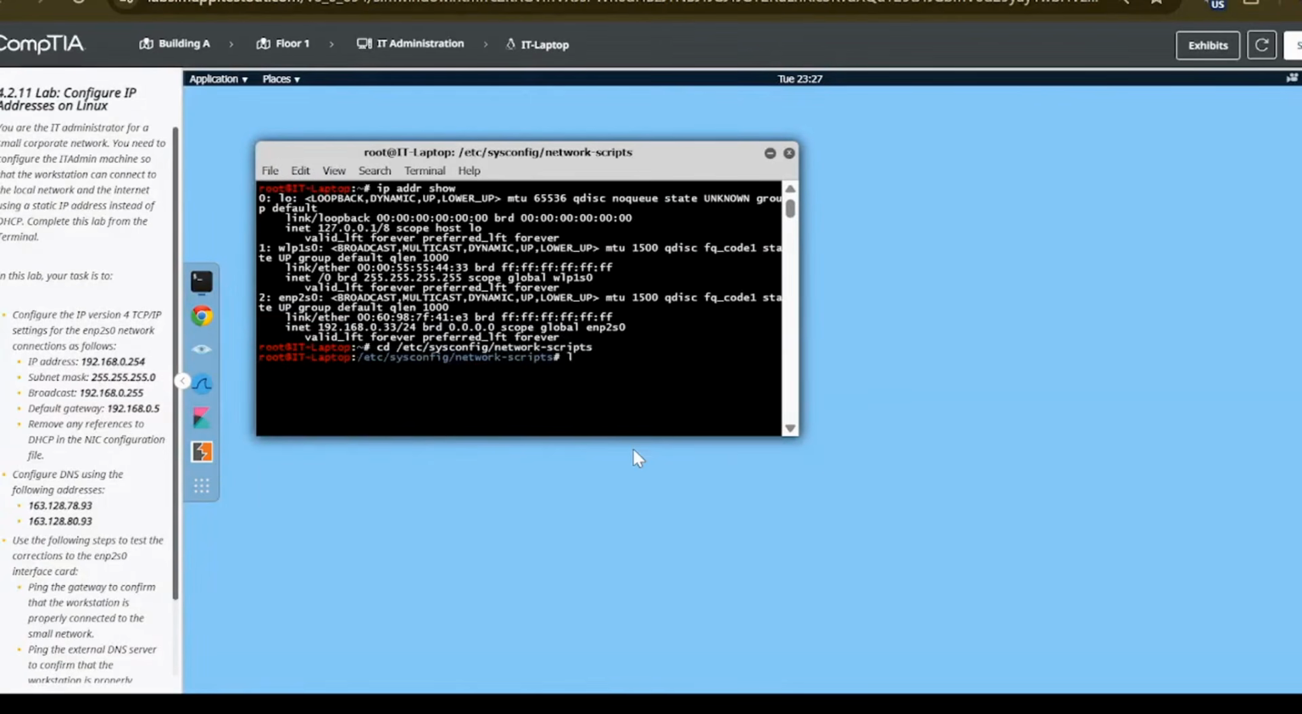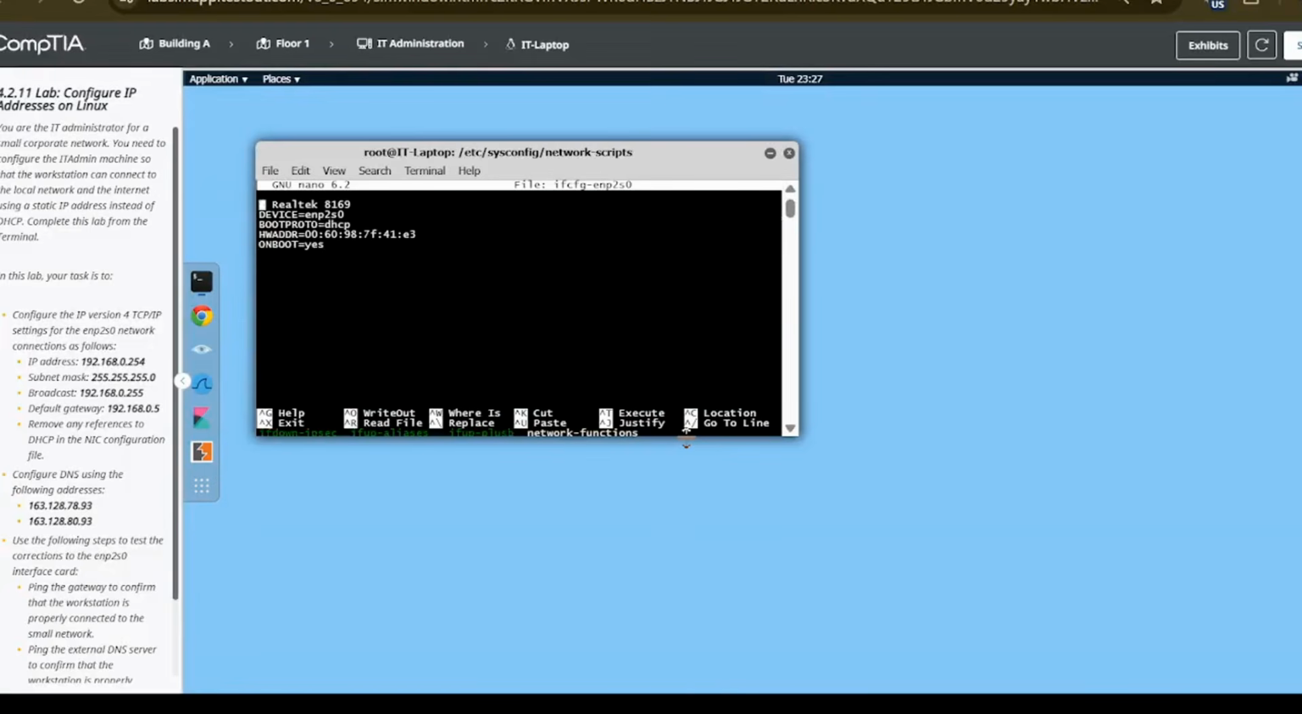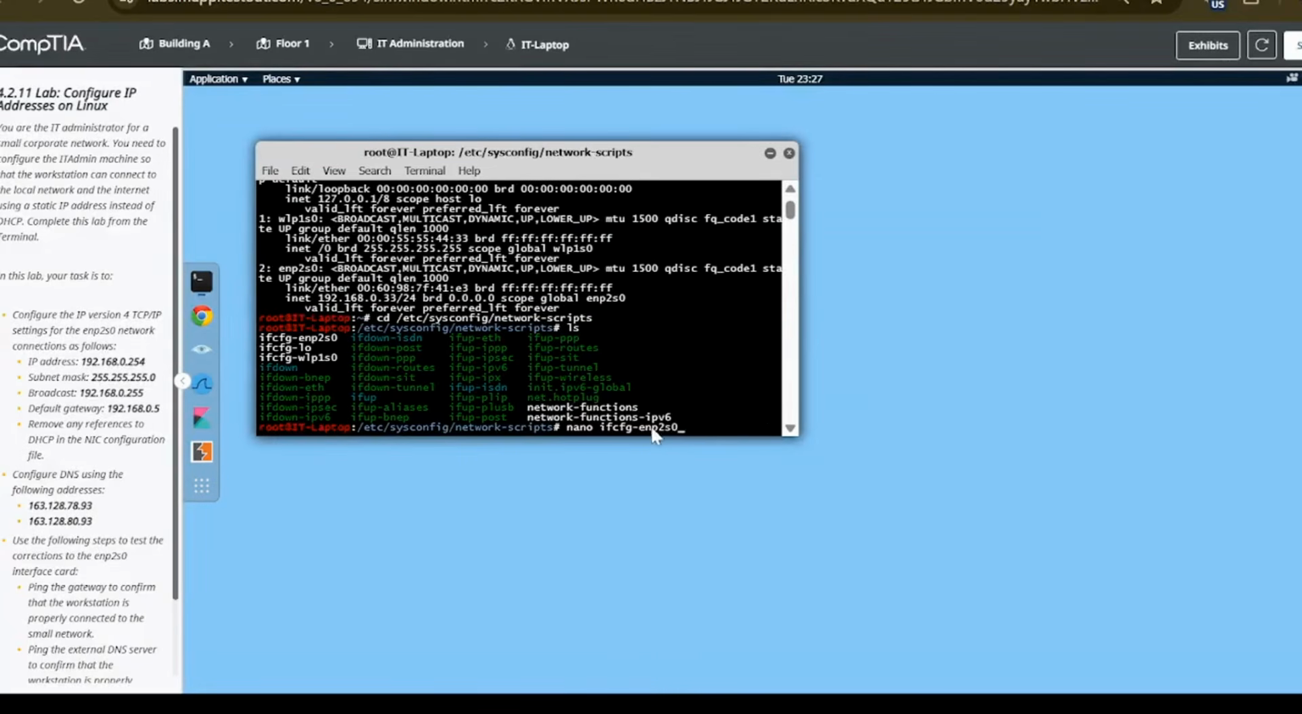Now, let's go to configuring IPv4 settings. Open the file with nano, ifcfg-enp2o. Now configure the adapter with static values. IPADDR equals 192.168.0.254. Netmask equals